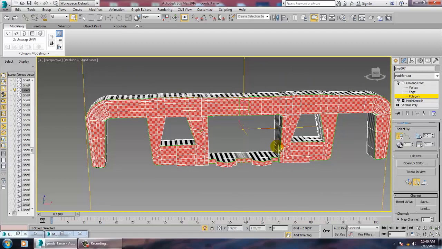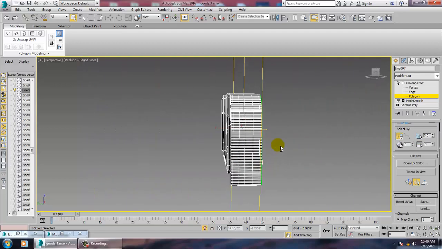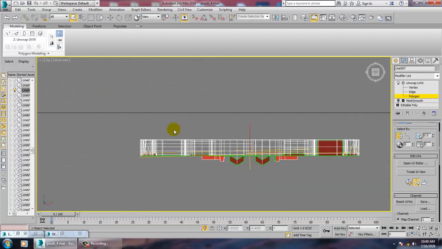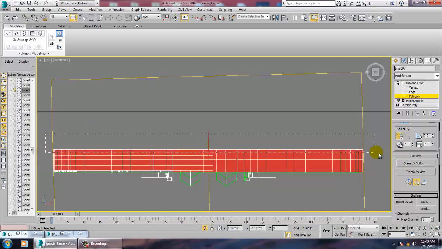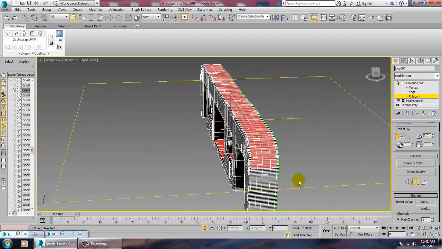For that, we'll go to the top view over here and select the top view from here. So we need to subtract this.